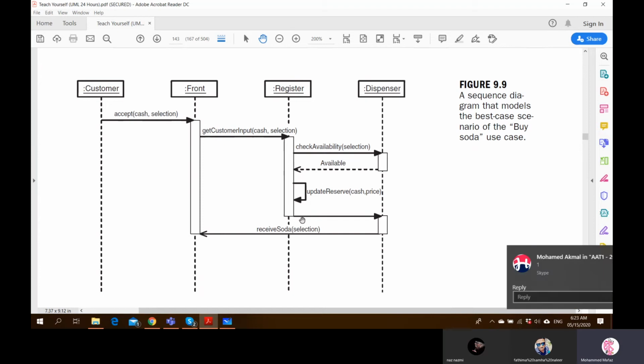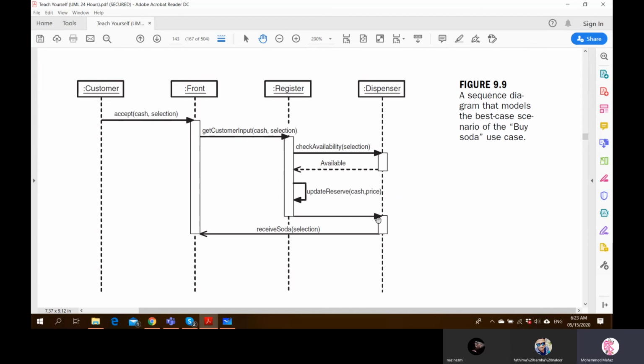soda's price. So if that is successful, then again it sends an asynchronous message indicating to the dispenser to release something. Then dispenser is calling, it is sending a message or calling the receive soda method of the front. So once that is there, the soda is now available.